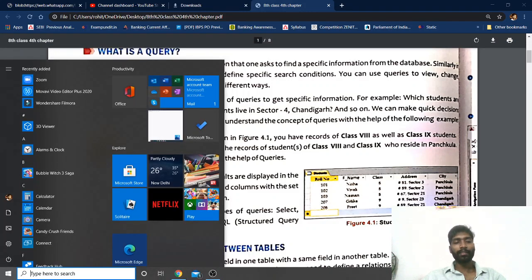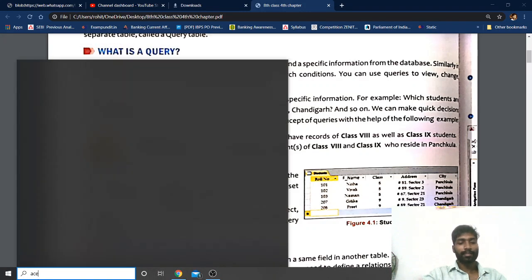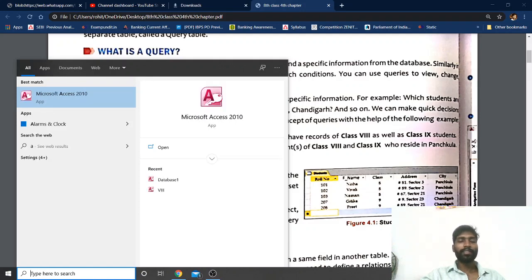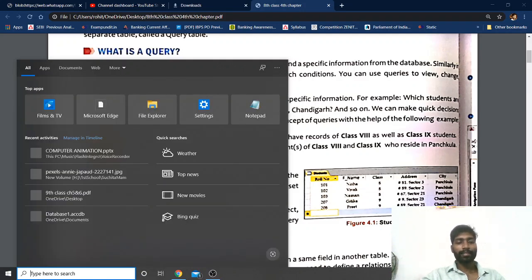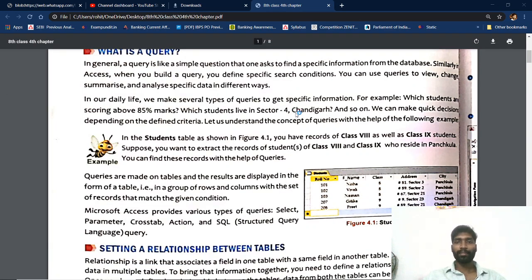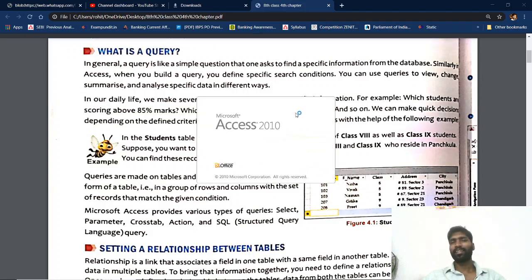Okay, now start button, Access. Students, be clear in this: you are learning Access 2010 only. No need to install 2007 or 2013 or the latest version.